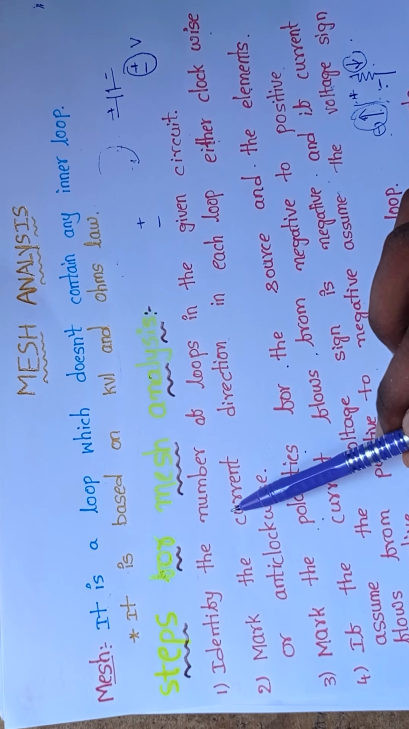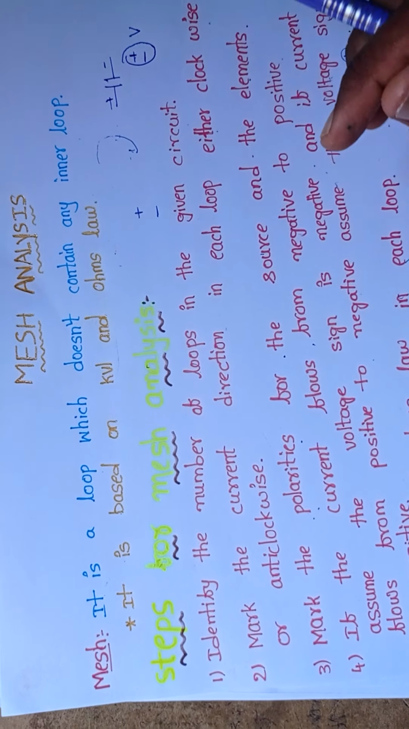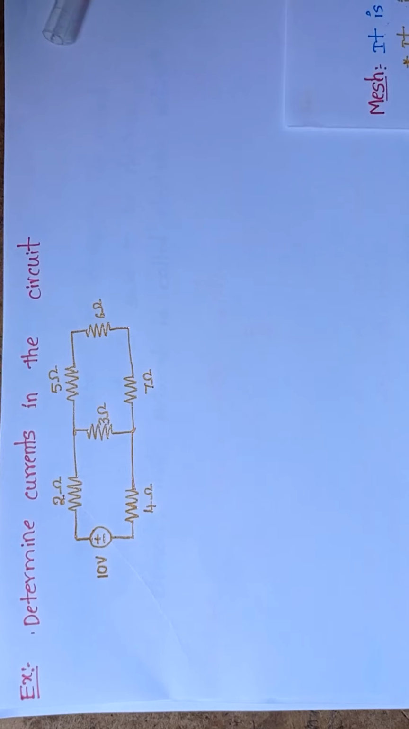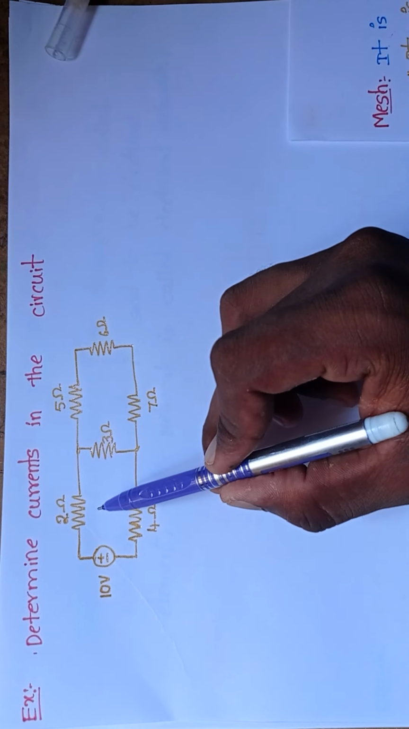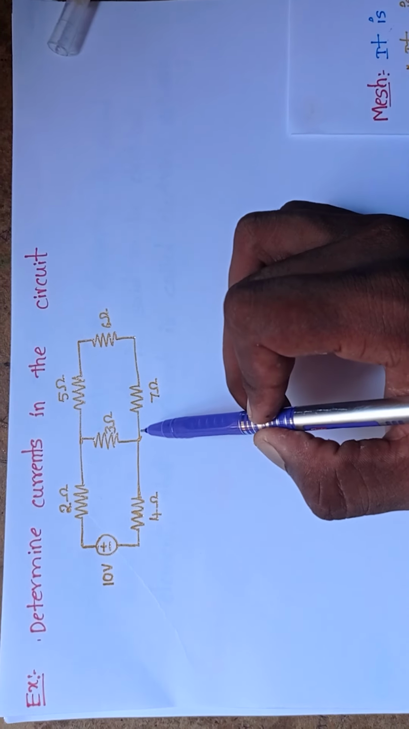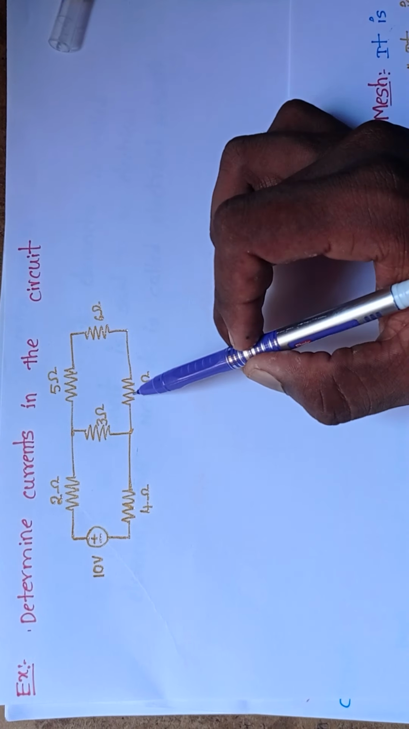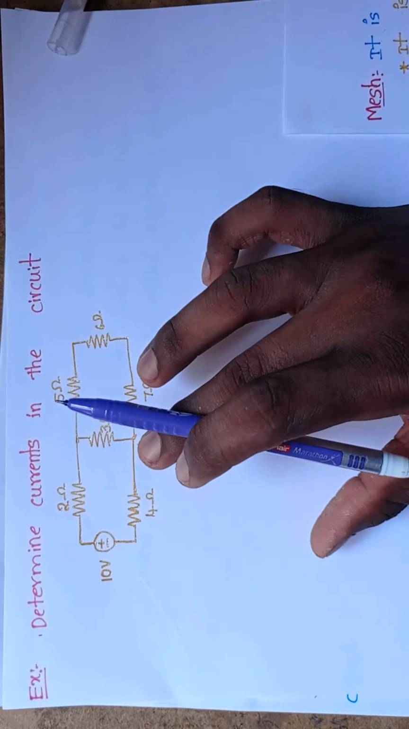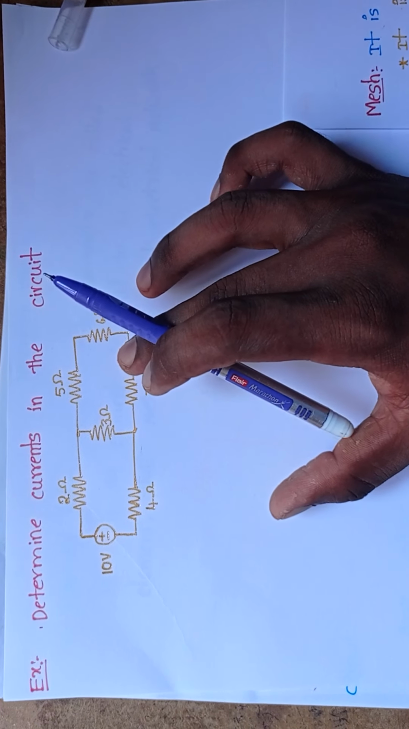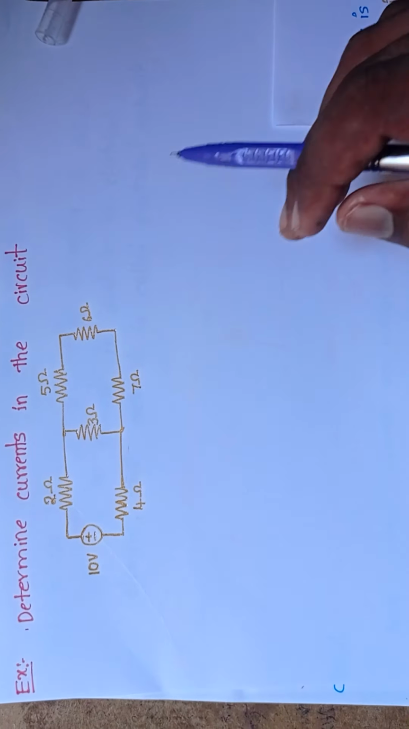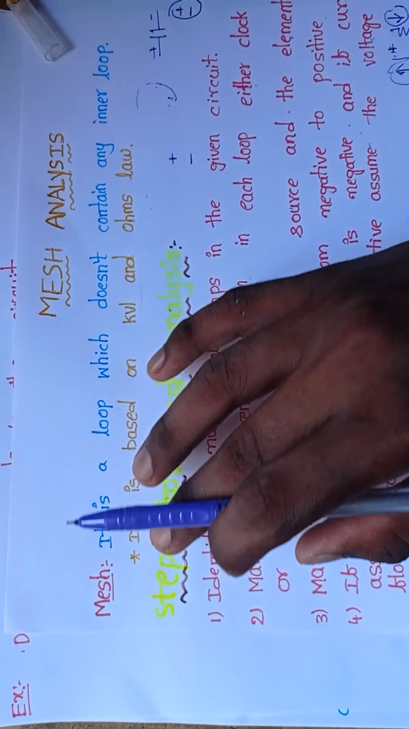In the first step, identify the number of loops in the given circuit. Let's see here. There are 2 loops. This is one loop, and this is another loop. So in the first step, we identified that we have 2 loops. And next step,